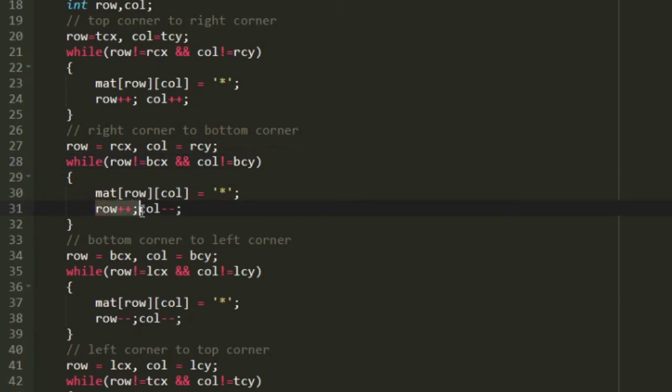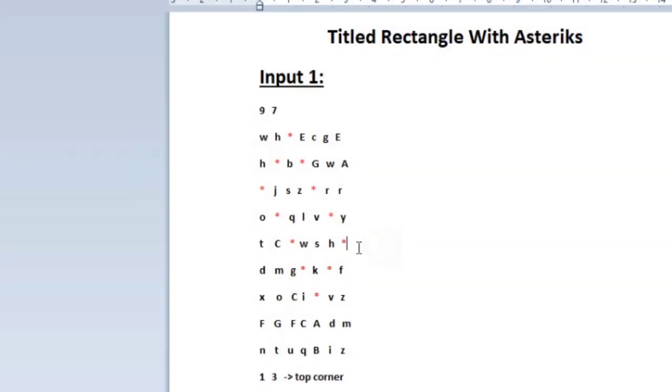Now let us see these two coordinates, right corner and bottom corner, in our matrix. So this is the right corner of the rectangle that is still present tilted by 45 degree, and now the bottom corner is this. So now we should connect these two, right corner and the bottom corner, and here we can see that the border elements present between these two coordinates are present next row, previous column. So next row, previous column.